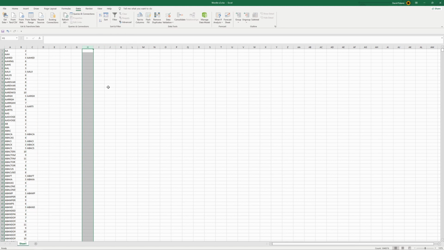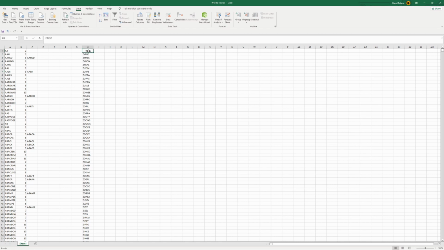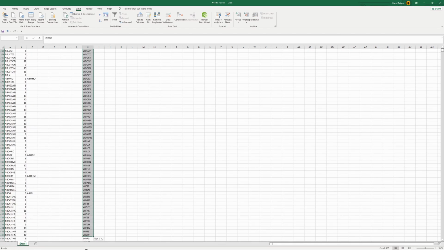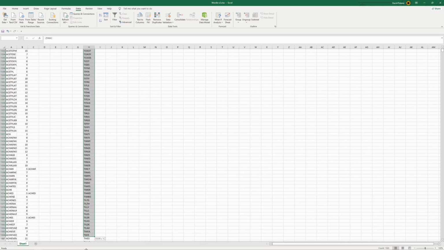If we click that button, we're going to get a whole lot of negative signs. We should actually do from Z to A. We have our false value, and then these values over here, these are the ones that we care about. These are just the 5-letter words, and these are a lot more manageable. So we're just going to scroll down